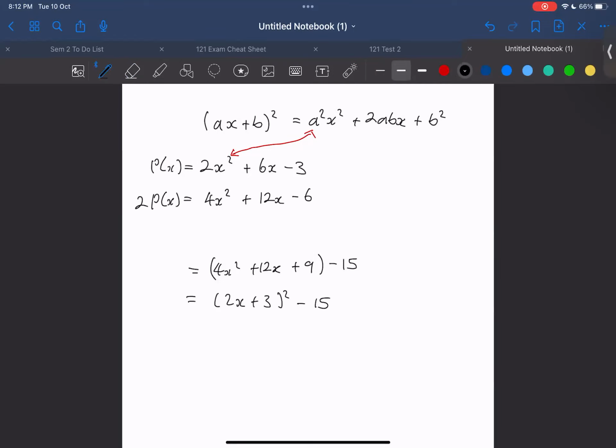So when I say get in the form x plus b squared, that's a little misleading. You want to get exactly in the form x plus b squared. Jackie did message me, right? -3 is not of the form b squared. You get it of that form and then you shift it by some constant term. What I mean by that is that the x term is within the square, so the variable is inside this square, but you have a constant term outside of it. Okay, so we have 2 times p of x is equal to this. So we get p of x is